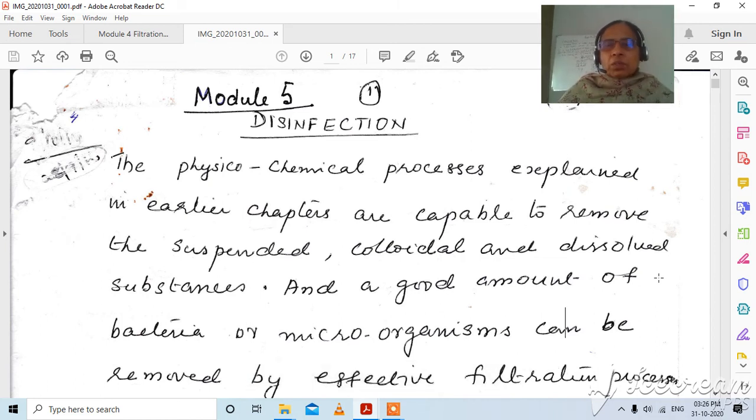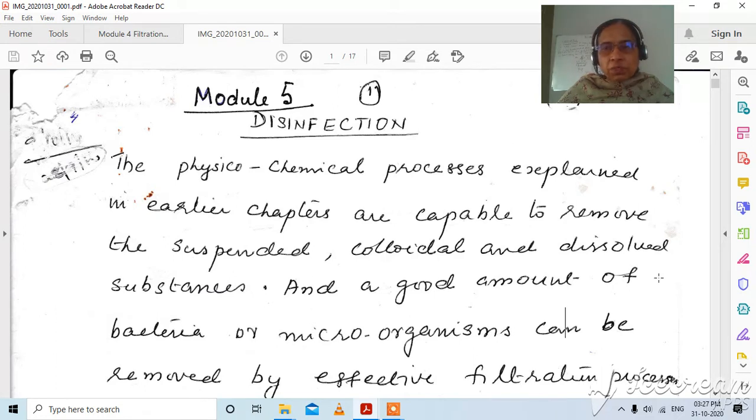Okay, now we are starting module 5. In the earlier classes, we have learned how to remove all the impurities in water, that is the suspended solids as well as the colloidal particles and certain dissolved impurities. All these impurities we have removed from your raw water, and now the last treatment,